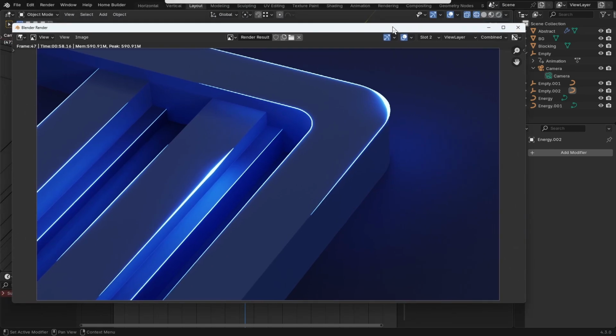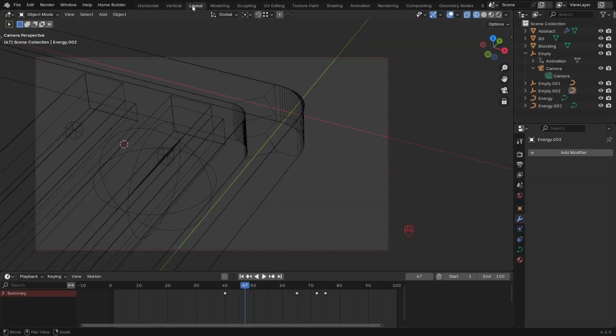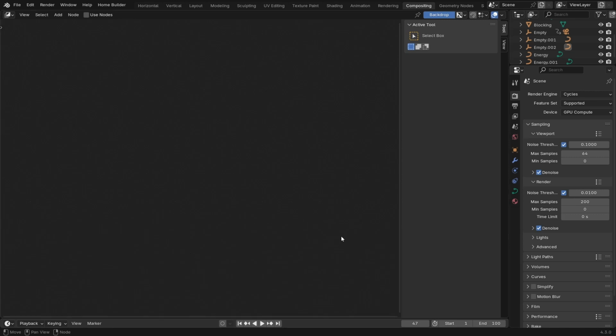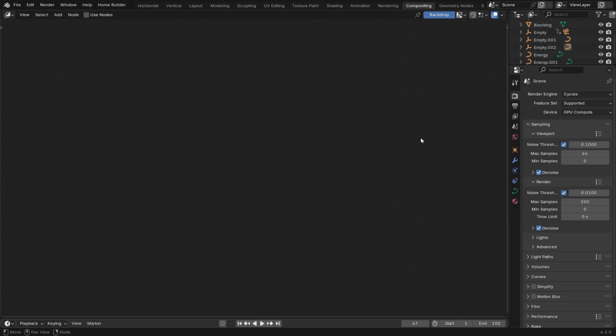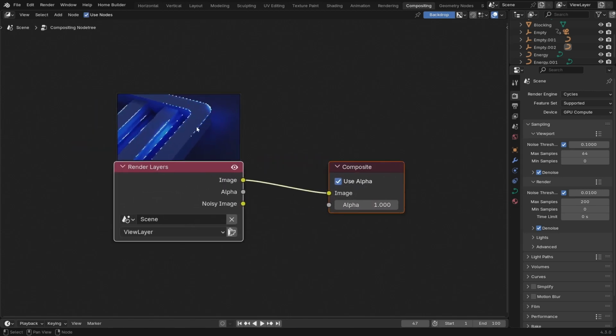I like to add some compositing. So let's open up the compositing. So we switch from layout to compositing. Here we don't need the timeline or dope sheet, and this panel as well. So press N to get rid of that. We just need to click on use nodes, and as soon as I do that, we will see the rendered image in the